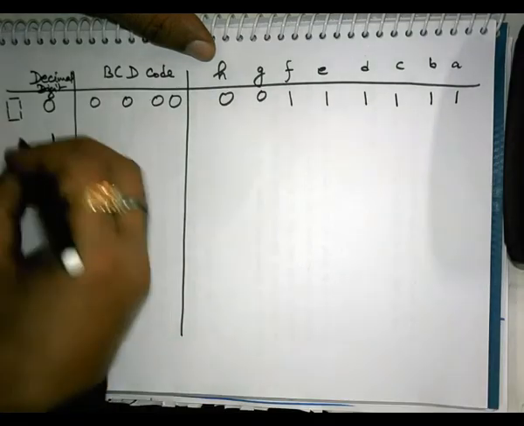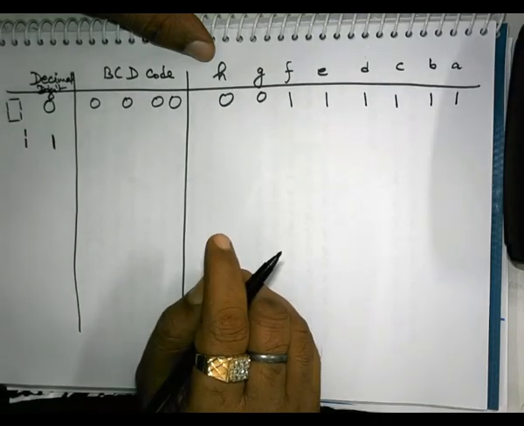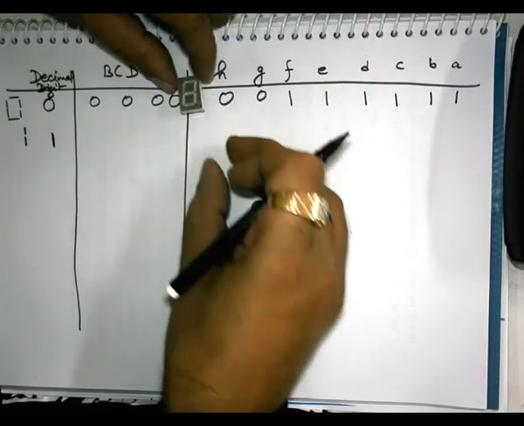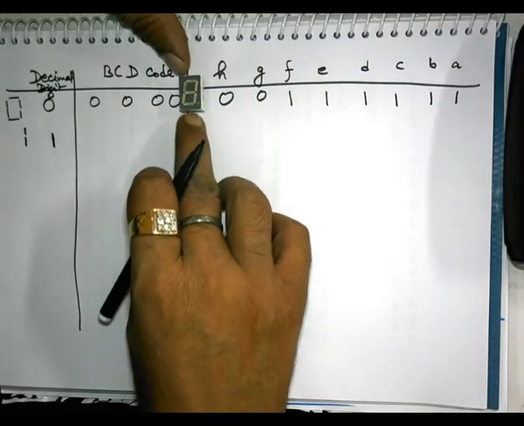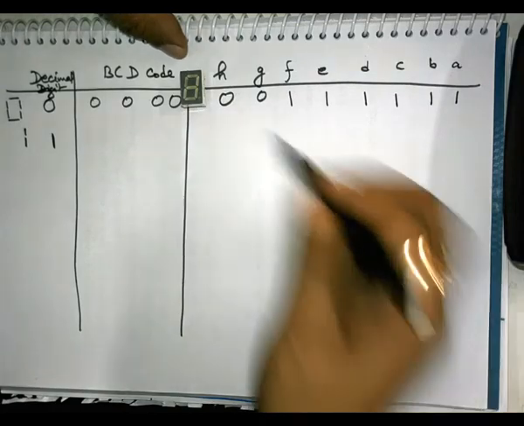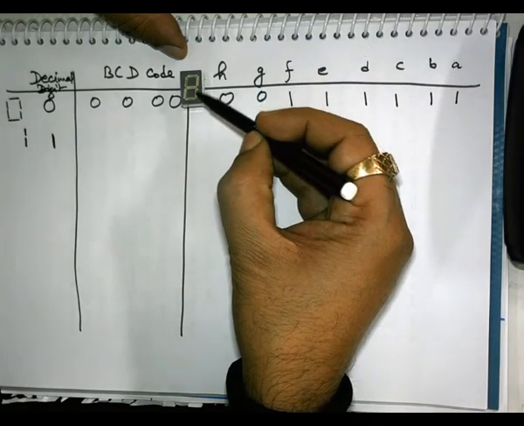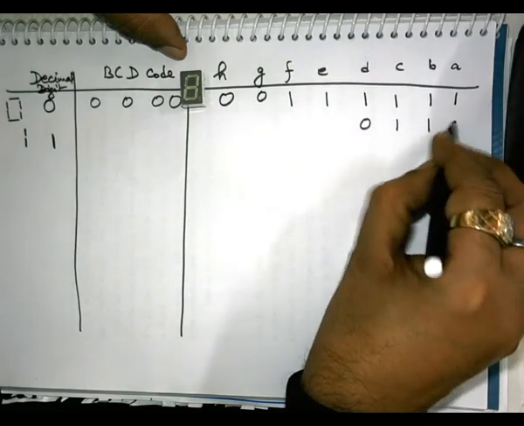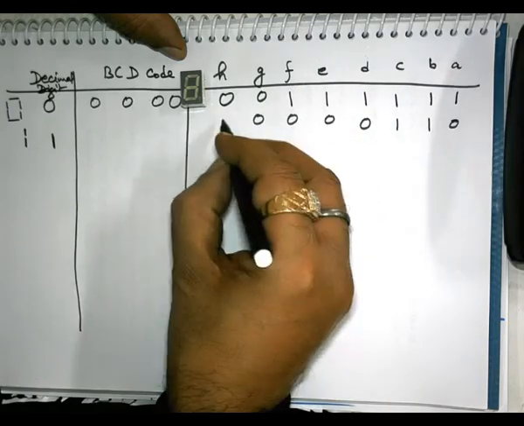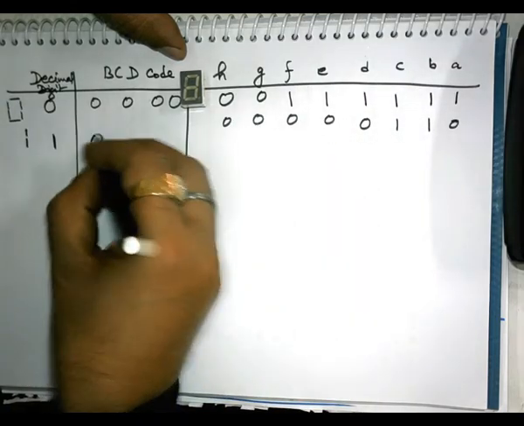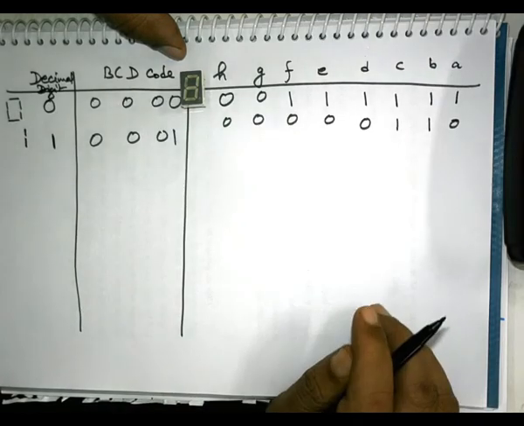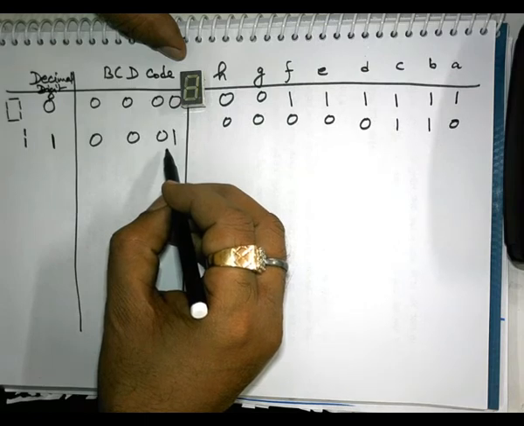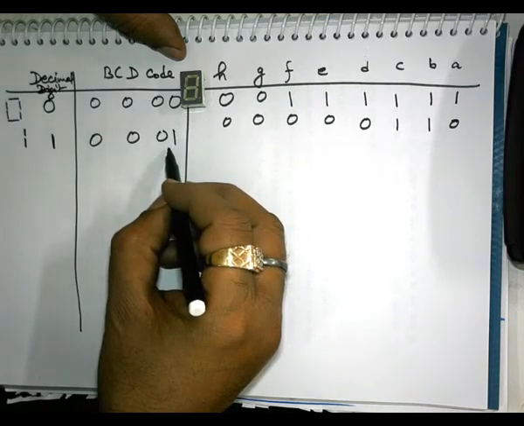Now to display this digit, which display should be on? I have a 7 segment display present now. You see this is 7 segment display. Okay. So this B and C, so B and C should be 1, and rest other they should be 0. Now it is quite convenient. Okay. And BCD code which should be inserted, which should be your input. BCD code should be your input. This will be your input. Okay.